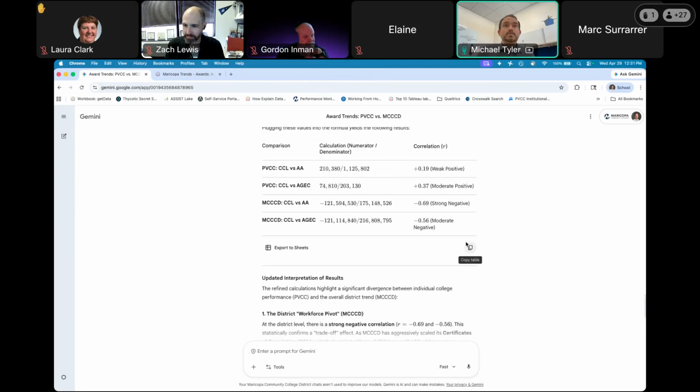Okay. So this one's not as bad. Remember we had a -0.08. So in the original one, when it was ballparking it, we were saying there was a very slight inverse relationship at Paradise Valley between the rate of CCLs and AAs, how they changed over time. Now it's slightly positive. Both of these decreased quite a bit. It went from 0.8 down to 0.67, and I think it was also like 0.8 down.